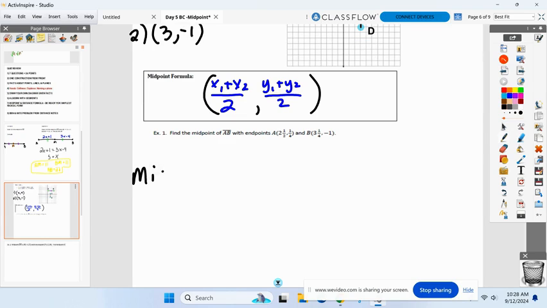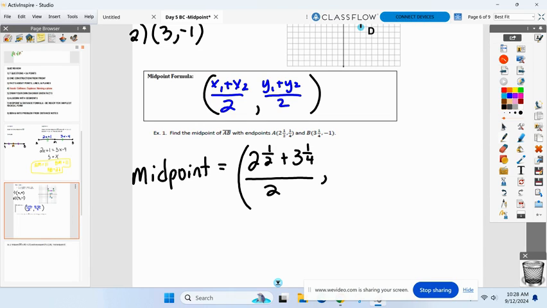So I'm not even going to sniff a piece of graph paper here. I'm just going to go right to my midpoint formula, find the middle of the line segment AB. What are your 2 x coordinates you're going to add together? 2 and 1, half and 3. If you want to turn those into decimals, 2.5 and 3.25, you can, or you can keep it like it is, 2.5 plus 3 1/4, all over 2,